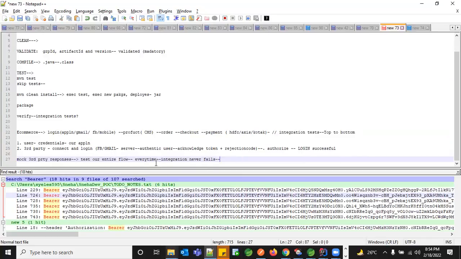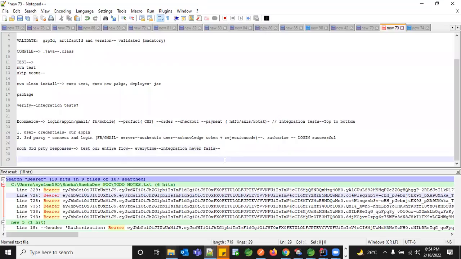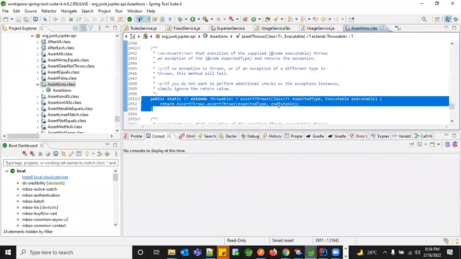Why we need an integration test: whenever we integrate with third parties, the integration can be even with a database. If you have something like Oracle DB, you can't create a mock Oracle DB every time. So what we do is there's something called H2DB, which is an in-memory database. All the database-related scripts or execution, or if you want to fetch some data based on test data, we create our own schema.